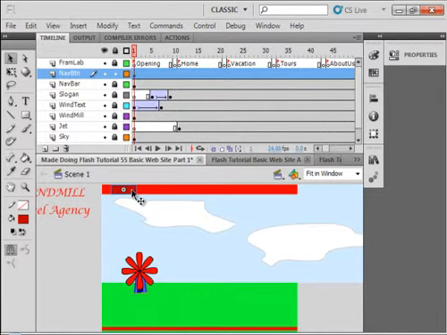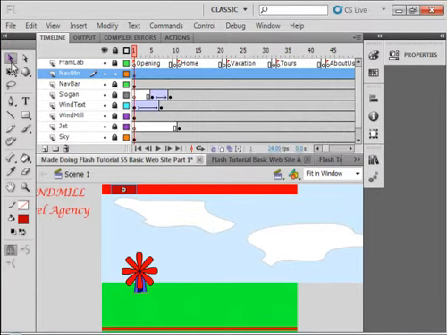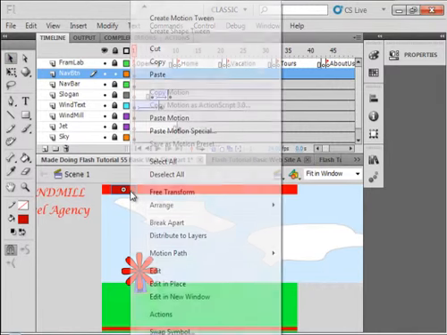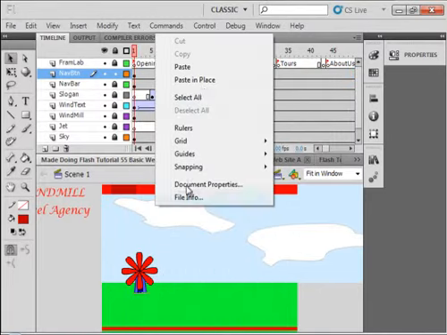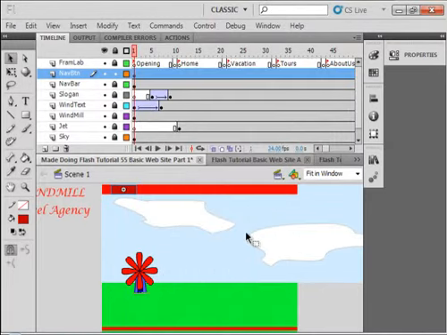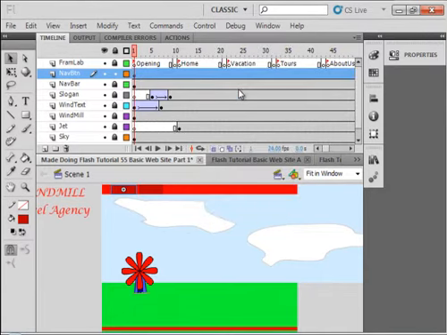And I want to make, I believe, 5 of these. So see, it's selected with my selection tool. I got those crosshairs, right click, copy, come down, right click, paste in place, using your arrow key, tab it over, and just leave a little gap between them there. Paste in place again using my arrow keys,